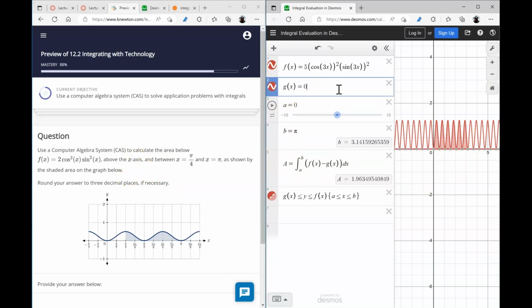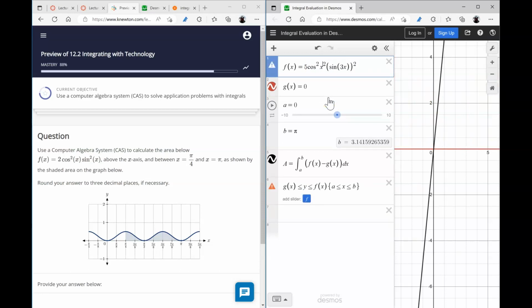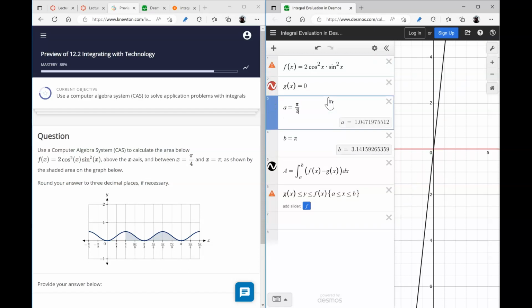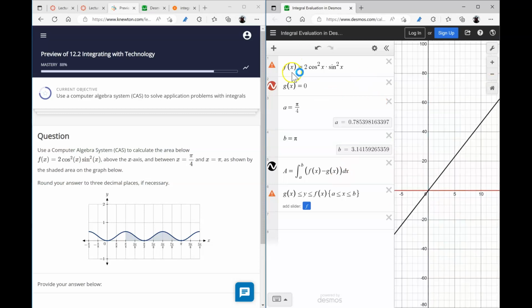Above the x-axis means this is 0. Here we're gonna just put 2 cosine squared x. Here we have sine squared x. Here we have coefficient 2. The limits are from pi over 4 to pi, and this is what it looks like. I guess Desmos doesn't like this powers period, so